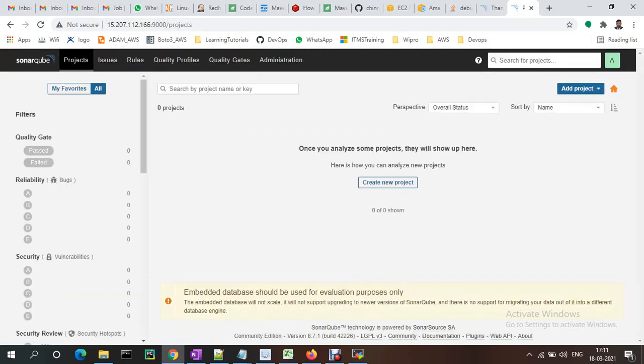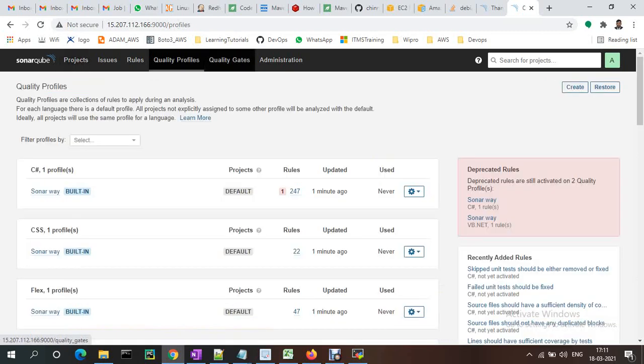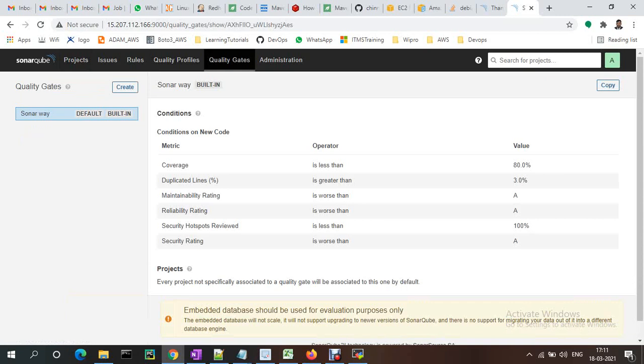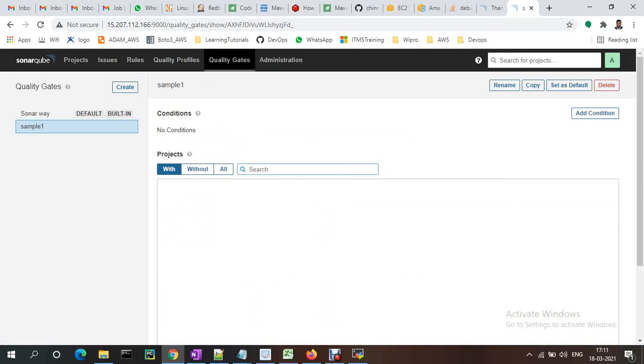This is the home page of SonarQube. Here we have created our own quality profiles and quality gates. Quality gates are like conditions. You can write your own quality gates for your projects and apply them. If you go here, you can give a new name, anything like sample. Suppose I am saving sample 1. You can create it and provide the conditions.